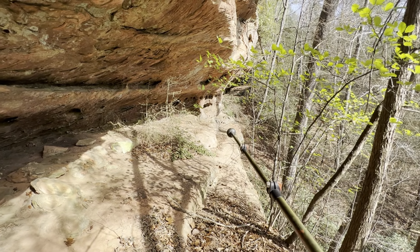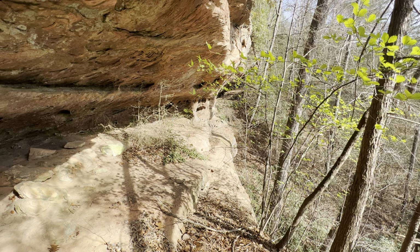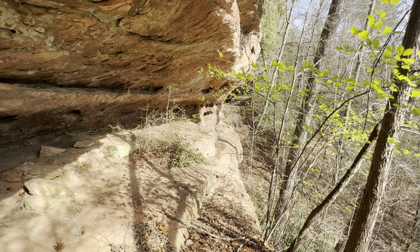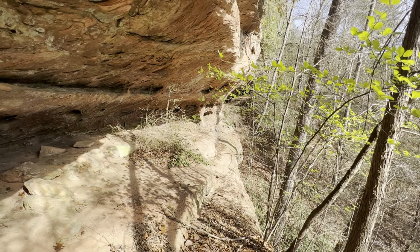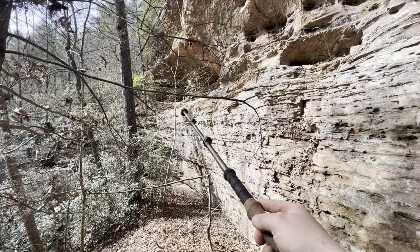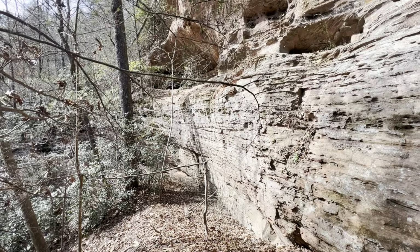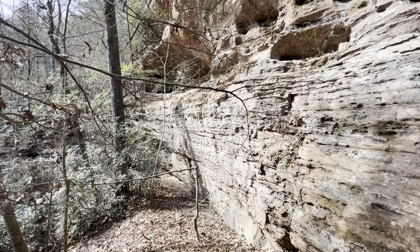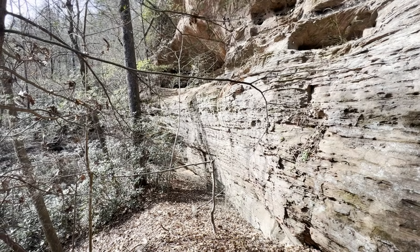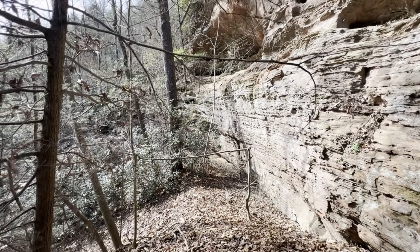The reason I started not to is because it's a pretty sketchy ledge around through here, a little narrow there. Usually don't do anything like that, especially when I'm by myself, but now I get to go back around it. Now then, back below it, here's the ledge I just came out there. That's roughly 20 feet. A little narrow ledge just right through that section there. Wasn't too bad. Just gotta kind of watch your footing. Anyway,